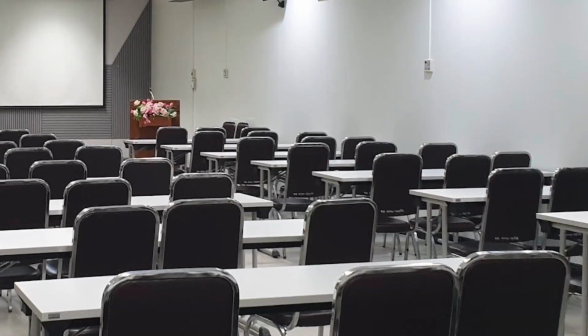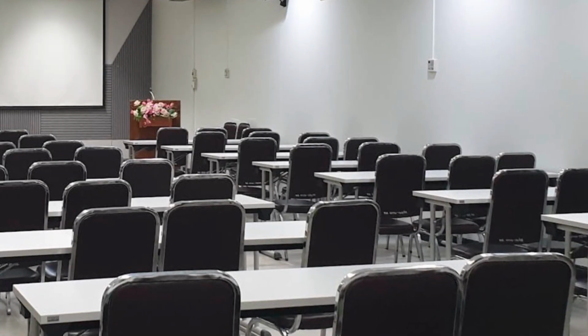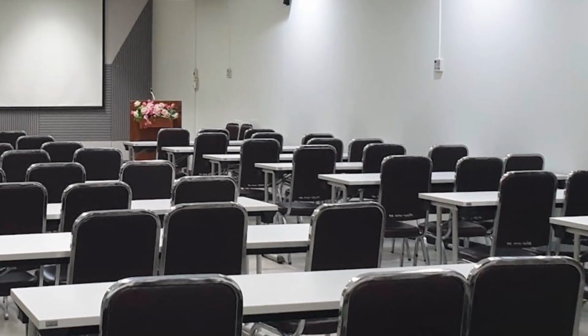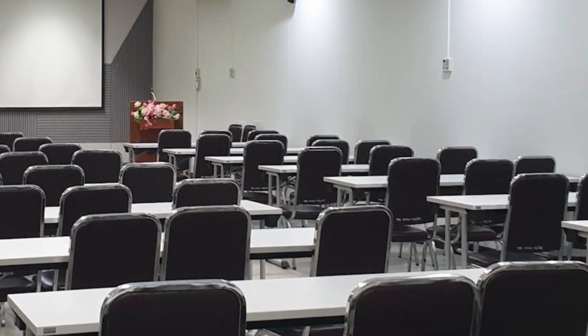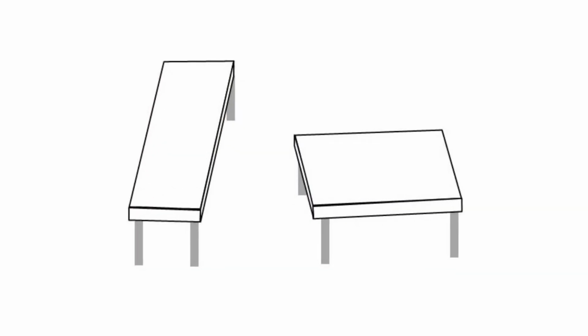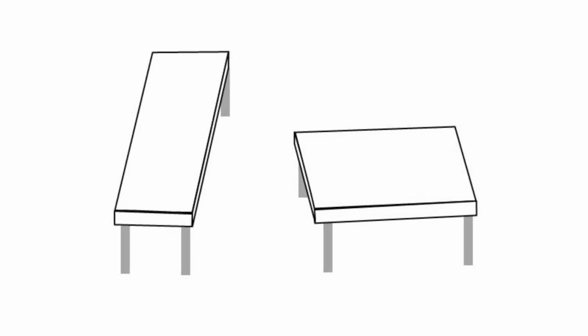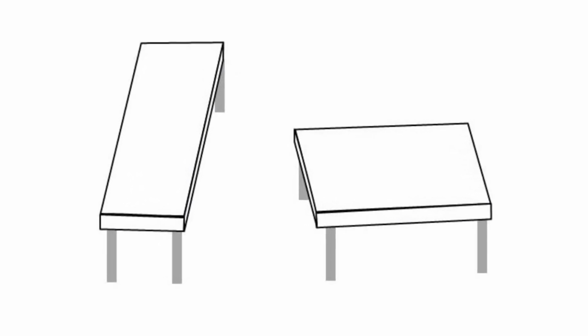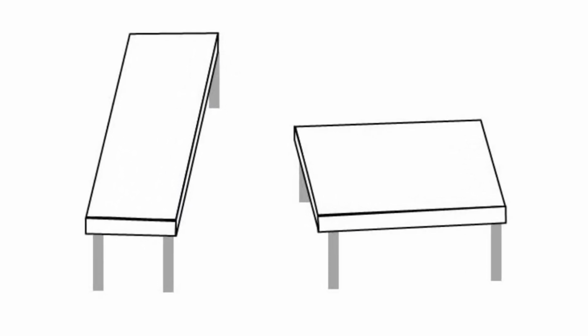The illusion works because of the angles and depth cues in the drawing. Our brains interpret the edges and legs of the tables as part of a three-dimensional space, making us perceive one table as stretched and the other as compressed. Even when we measure them, our brains continue to see them as being different. This effect is so powerful that it even influences how we perceive real-world objects. Furniture designers and architects often use similar tricks to manipulate how we perceive space in a room.